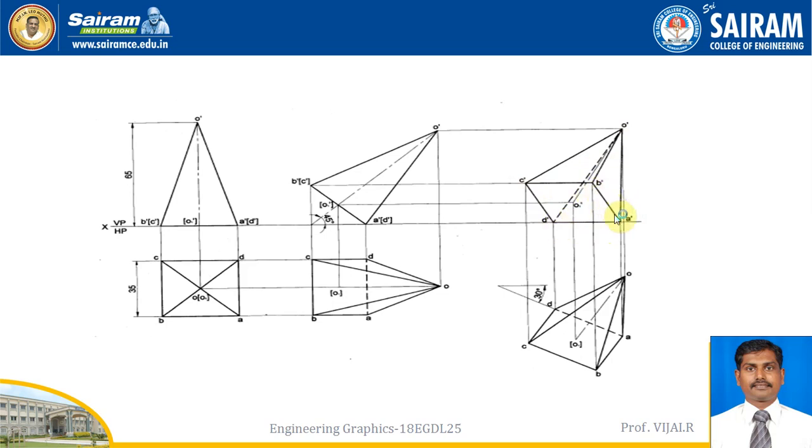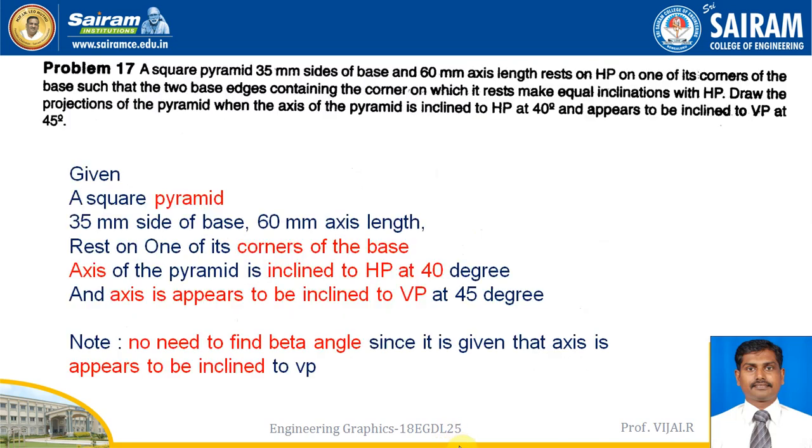But A to O is a slant edge, B to O, C to O, and another slant edge D to O I have to draw. But here it is fully visible, so I cannot draw this line as a visible one. I can join this line as a hidden one. I hope you have understood. So when a line passes through the visible base or visible face, that should be only hidden. Clear? When it crosses through that, whichever problem, you will get a clear view.